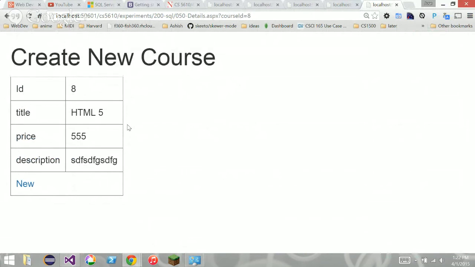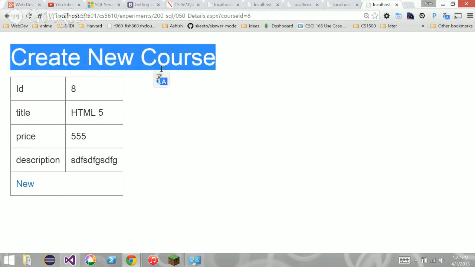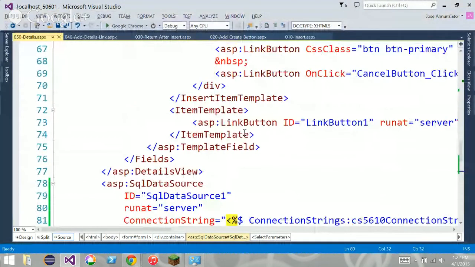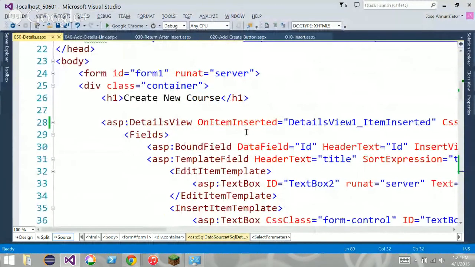I'm sorry. Oh, yes. Thank you. Right, yeah, so I copied from an old page, right? So here we're going to say course details. How's that? Course details,